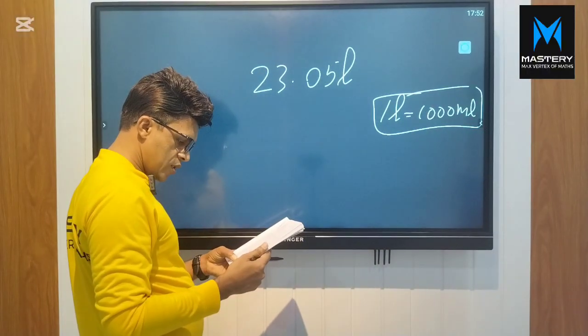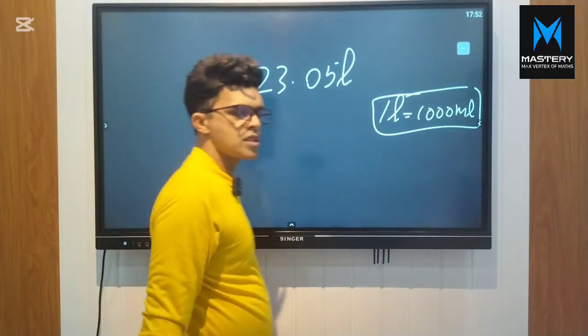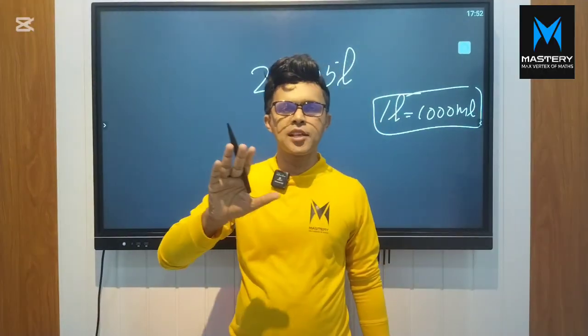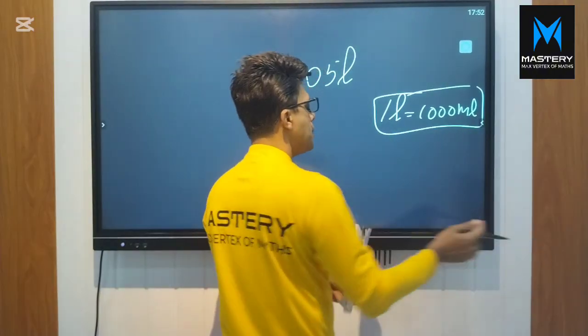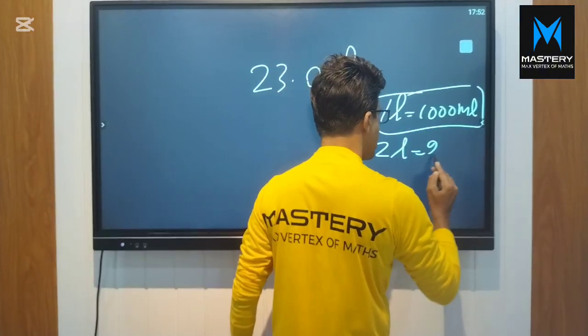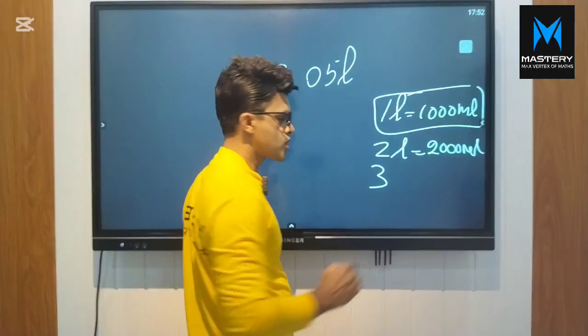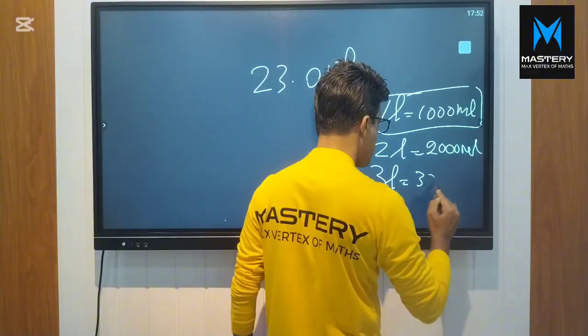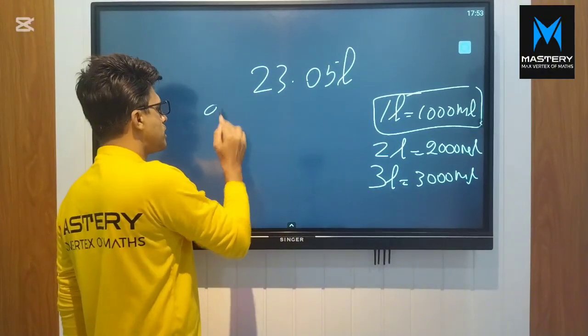So these values are given in milliliters. In order to convert liters into milliliters, you multiply by 1000, right? So 1 liter equals 1000 milliliters. We could write that 2 liters equals 2000 milliliters, and also 3 liters equals 3000 milliliters. So likewise, you could convert this